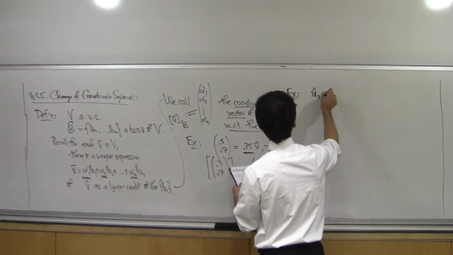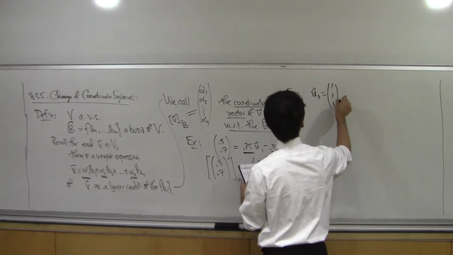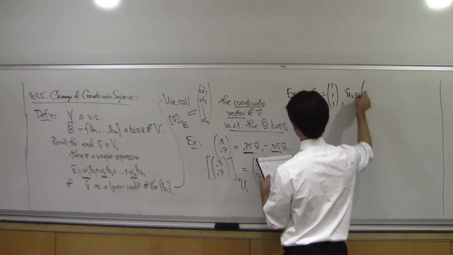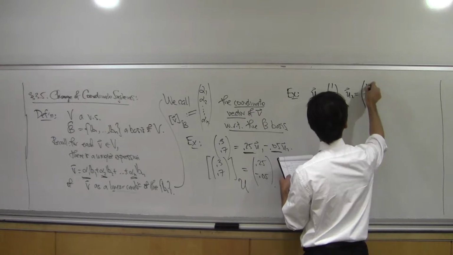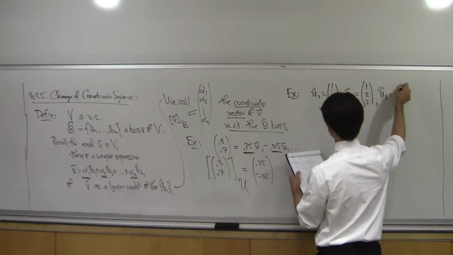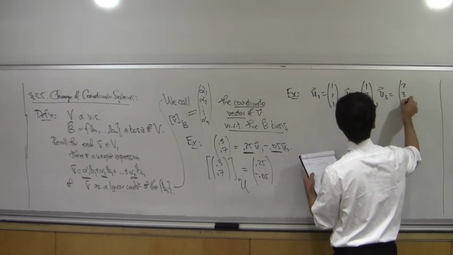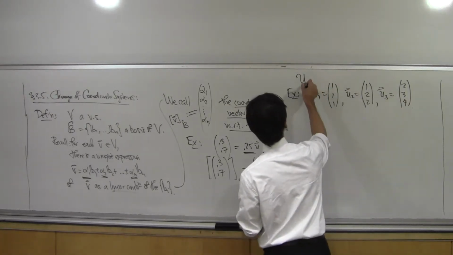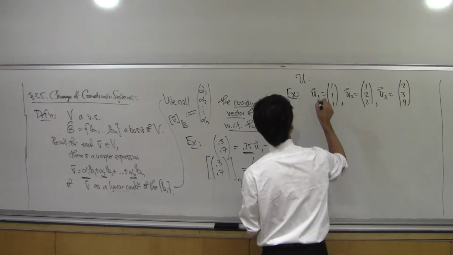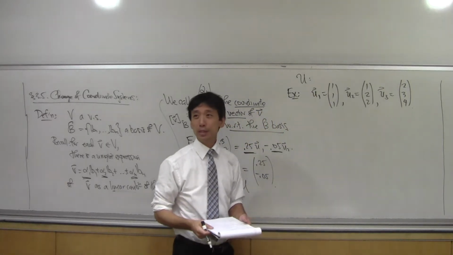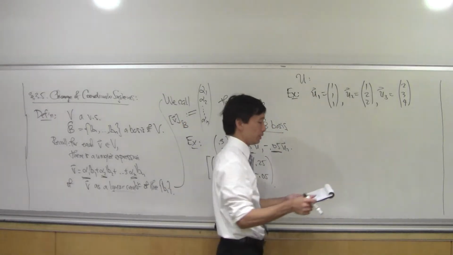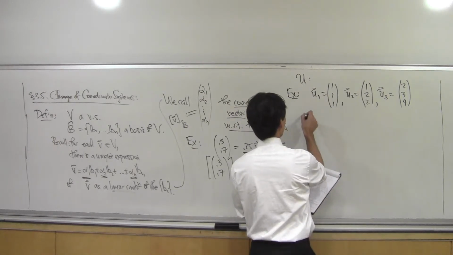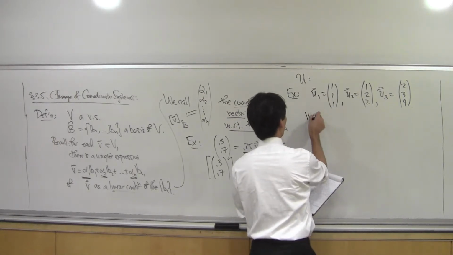Say U1 is (1, 1, 1), U2 is (1, 2, 2), and U3 is (2, 3, 4). Okay, so these are the U basis. The U basis consists of these three vectors, and I ask you to write down